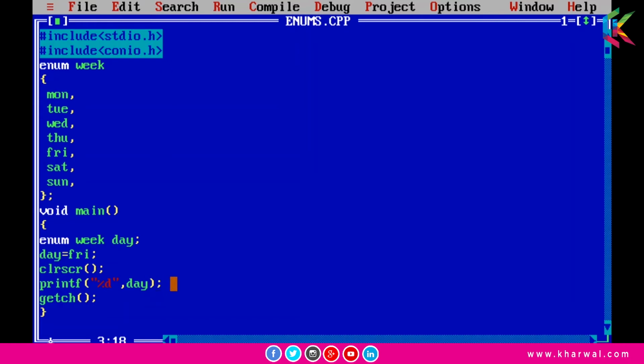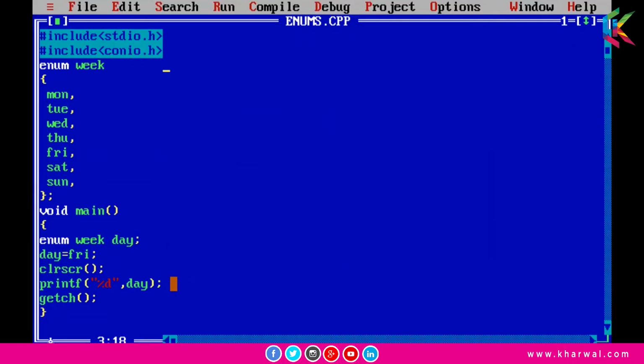In enumeration, indexing starts from 0. So Friday will be at index 4. Now if I run this program, it will print 4, like this. So I hope it is clear to you. Now moving forward,